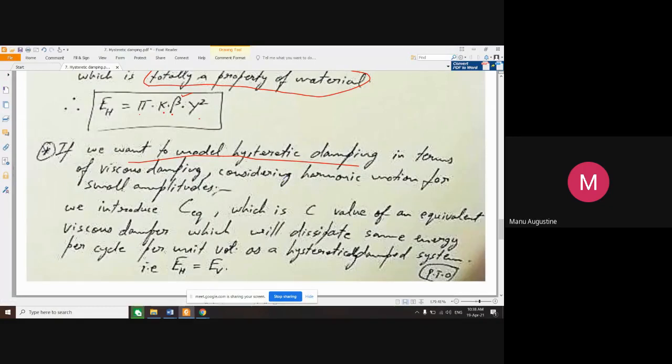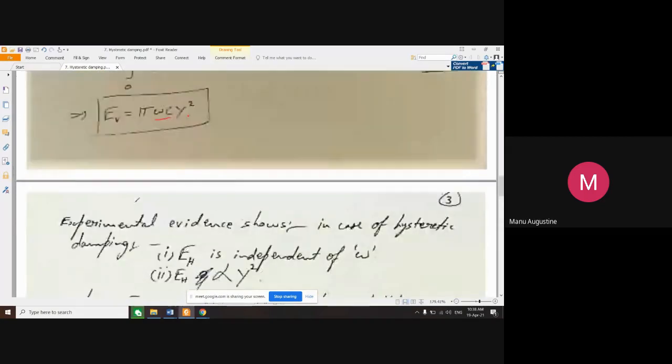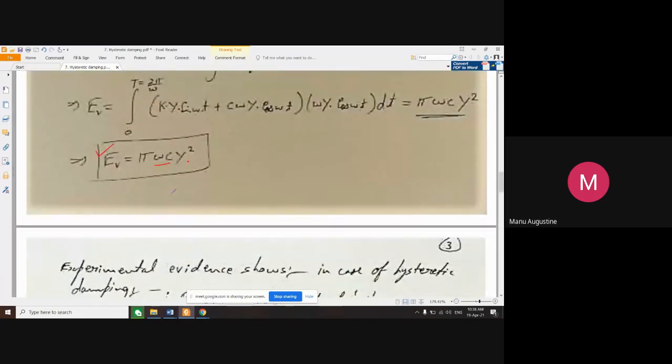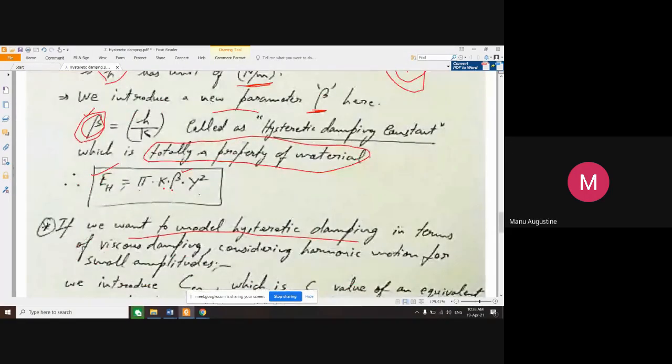So for that, all that you have to do is, अब आपने एनर्जी ऑफ हिस्टेरेसिस कैप्चर कर लिया है, एनर्जी ऑफ विस्कस डैम्पिंग कैप्चर कर लिया है। तो अब आप क्या करना चाहते हो, इस एनर्जी ऑफ हिस्टेरेसिस को एक ऐसा डैशपॉट डैम्पर बना करके क्रिएट करना चाहते हो कि भाई अगर मैं इस डैशपॉट डैम्पर को एक साइकिल के लिए चलाऊं, तो विस्कस डैम्पिंग के कारण ये जितनी एनर्जी प्रोड्यूस करेगा या जितनी एनर्जी लूज करेगा, वो एनर्जी मैथमेटिकली या मैग्नीट्यूड वाइज एग्जैक्टली उतनी ही होगी जितना एक्चुअल मटेरियल के हिस्टेरेसिस से प्रोड्यूस हो रही है।